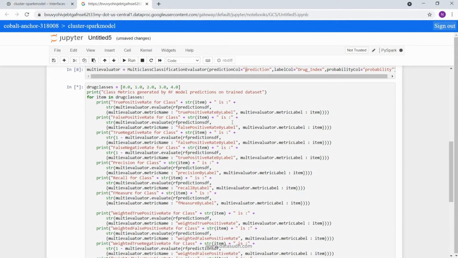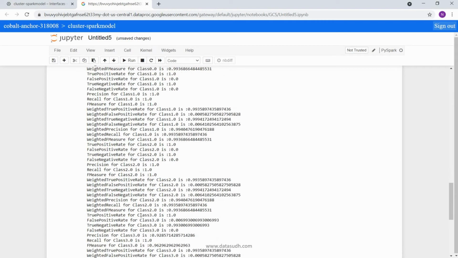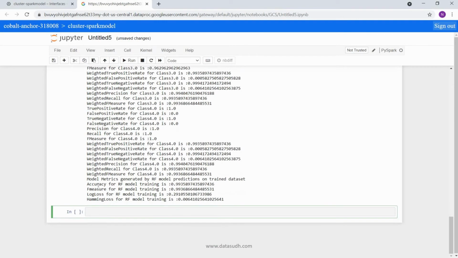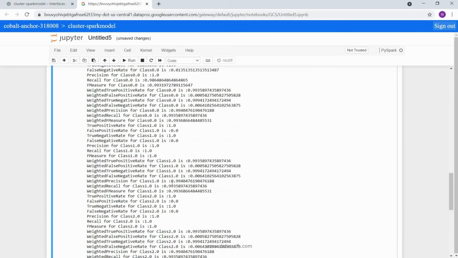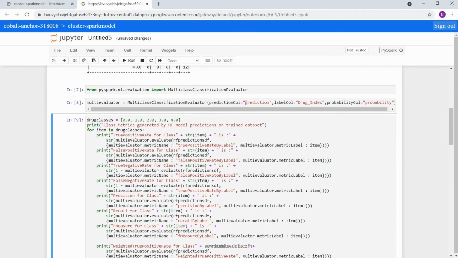So this is now running. So this is now completed. If we come and check, then we can see that for each class, all of our metrics are calculated. Okay. And then in the end, the model level metrics are calculated. So with this, we have calculated metrics for random forest model predictions.